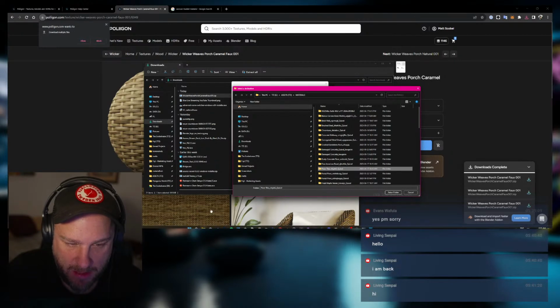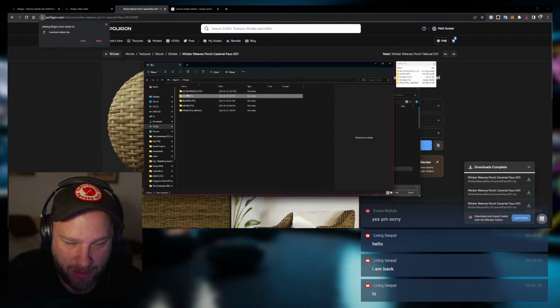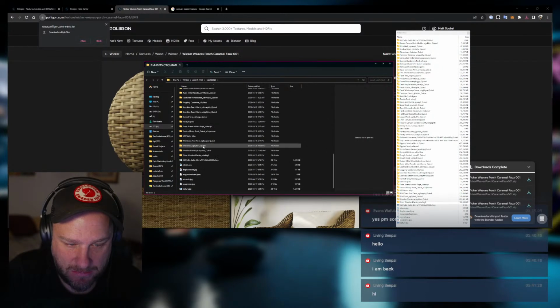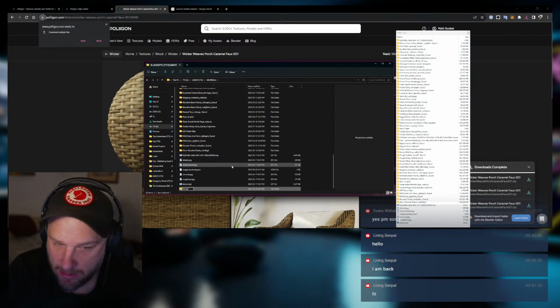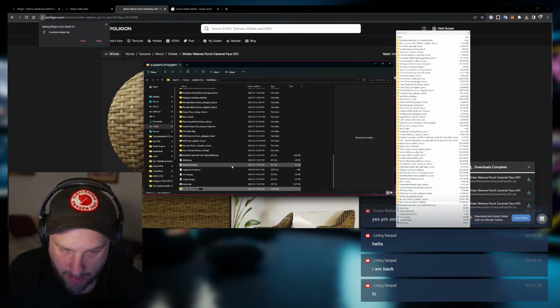Believe it or not, I think about this a lot. It's basically like I really love to have a really good organized asset setup. And so I'm gonna say that this is wicker. I'm gonna kind of keep it the same. Wicker, weaves, porch, caramel,